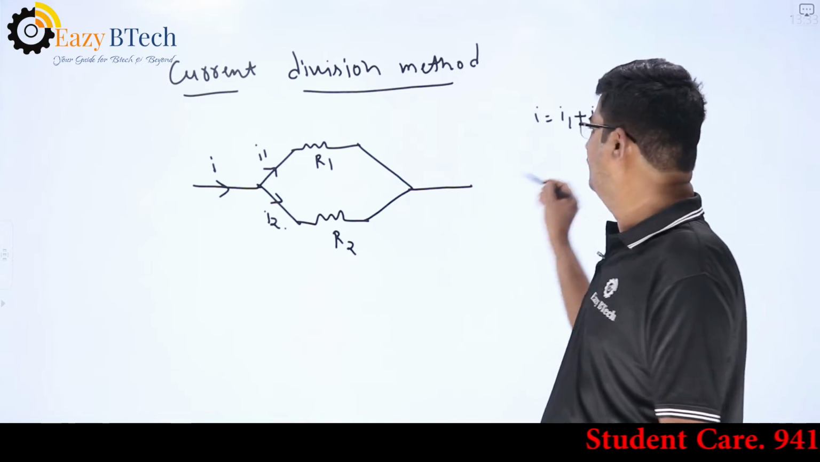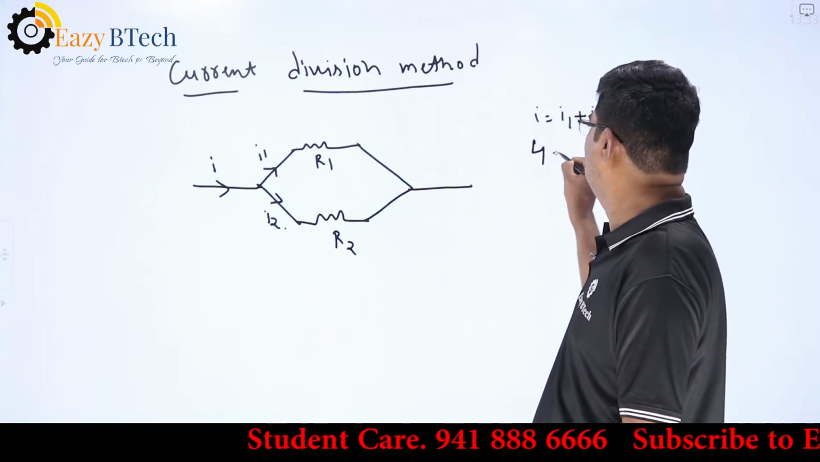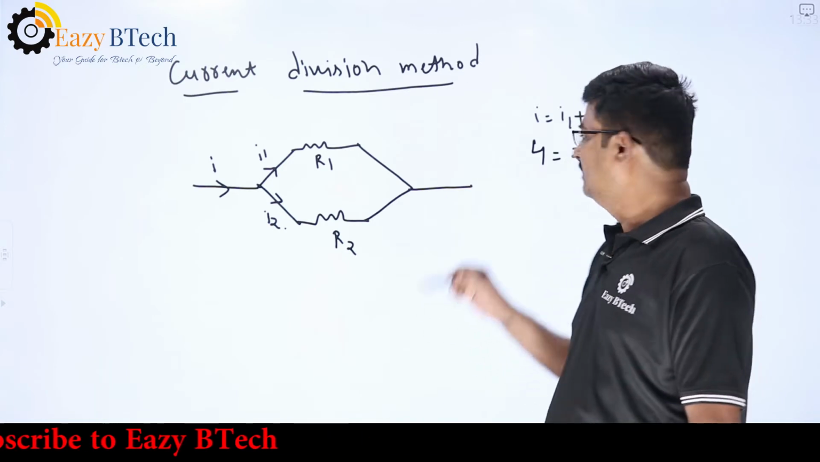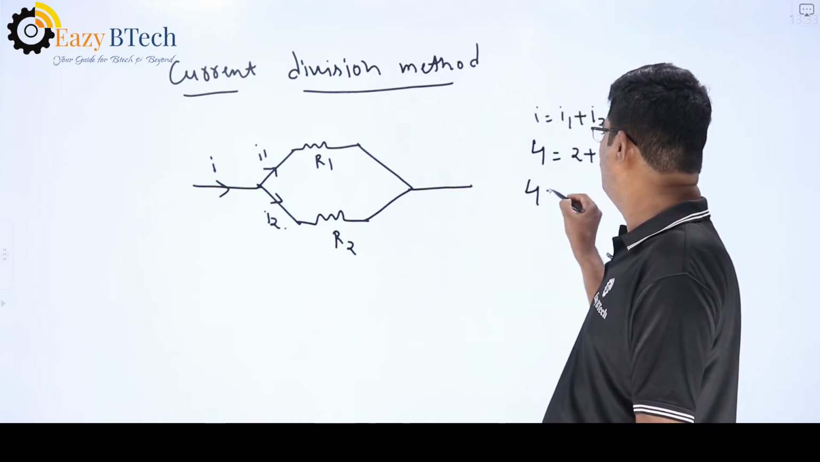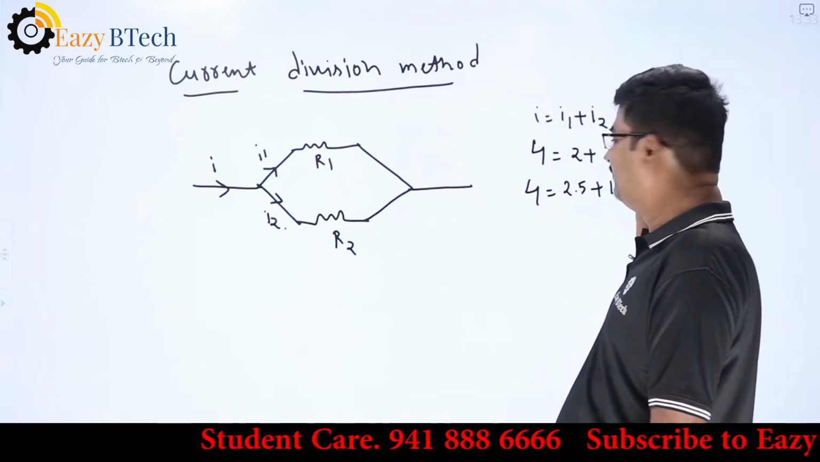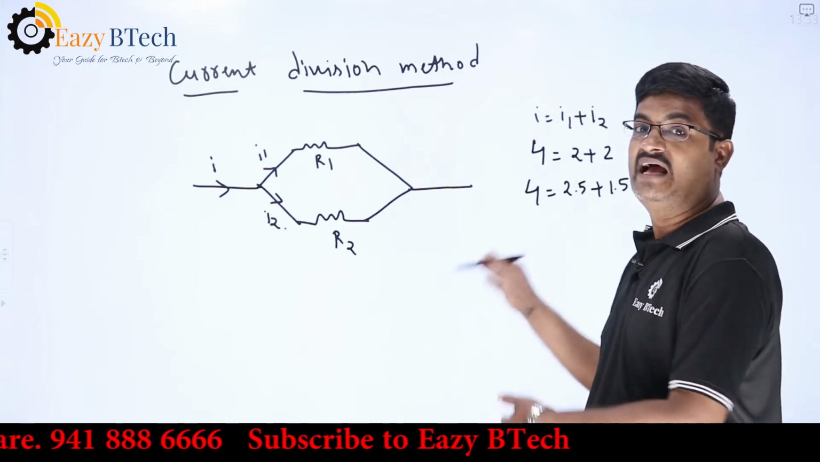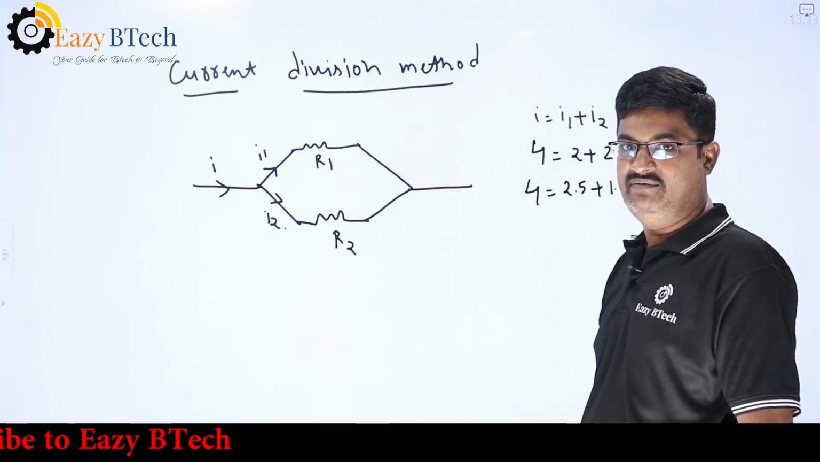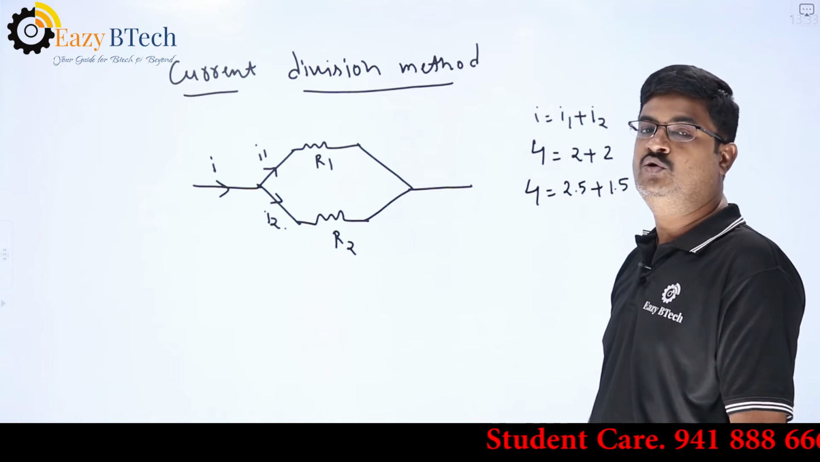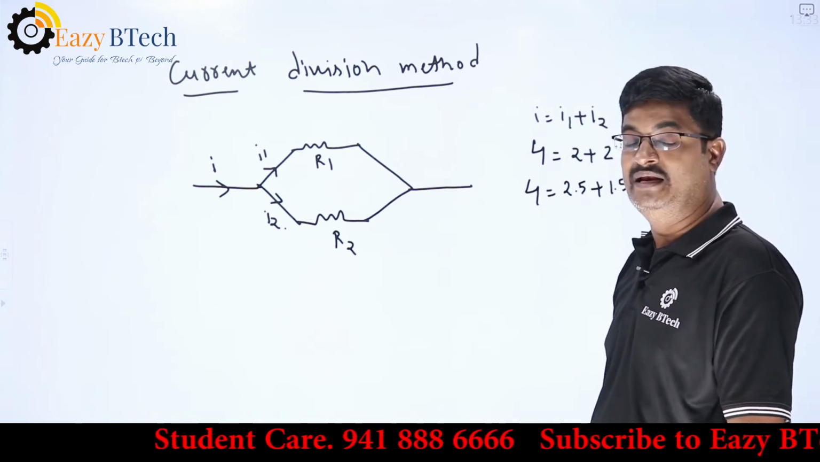Suppose I have taken my total current I equal to 4. Can I write this as 2 plus 2? Or if I have taken my total current equal to 4, can I write this as 2.5 plus 1.5? So I will have multiple options. To know how the current will be divided when two resistors are connected in parallel,